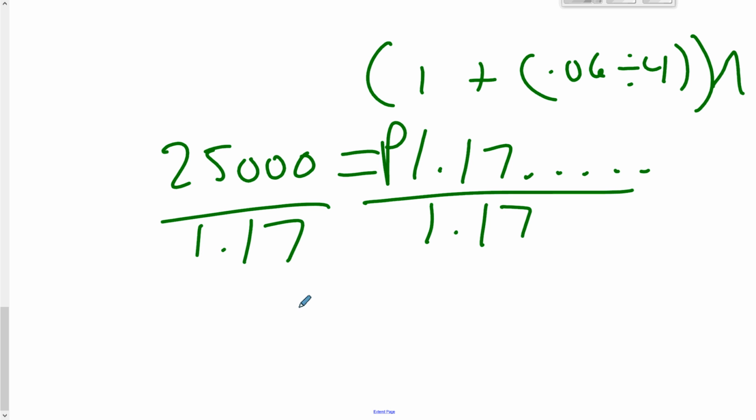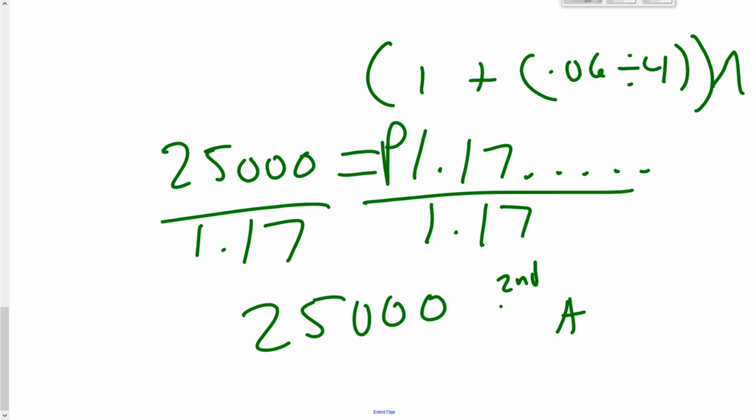What I want to do is just type in the calculator 25,000, and hit second or shift or whatever my answer button is. I want to take 25,000, push divided by answer, and sometimes that answer is underneath the negative sign. Sometimes it's alone just by answer. So you've got to find that button on your calculator. So I'm going to take 25,000 and divide that by my answer, and it's going to give me